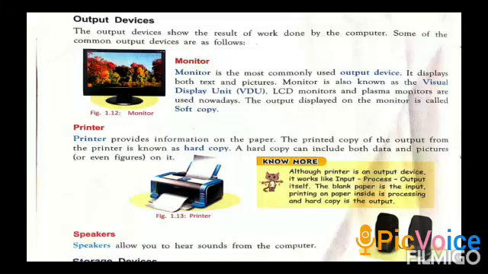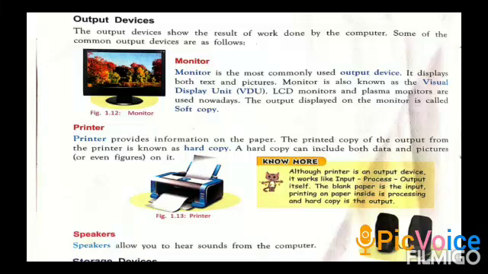Then one more information, a printer works like an IPO process. IPO means input, process, output. Like input is a blank paper. Then printing on paper inside is processing. Then the printed paper, that means hard copy of the paper, is output.